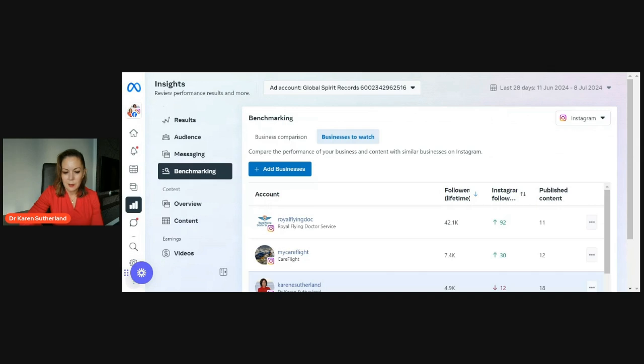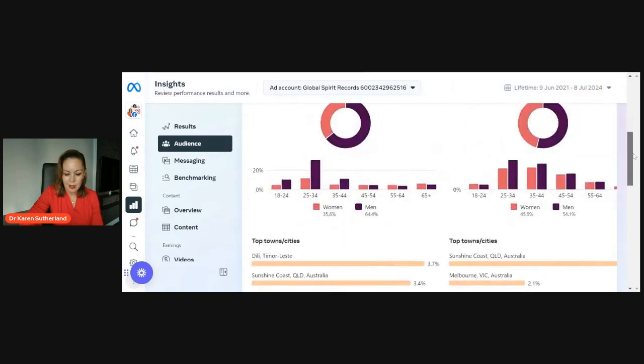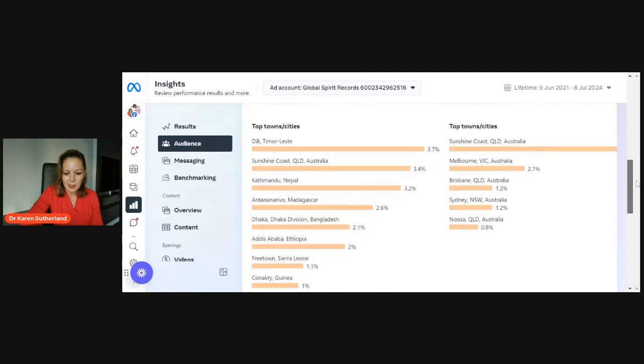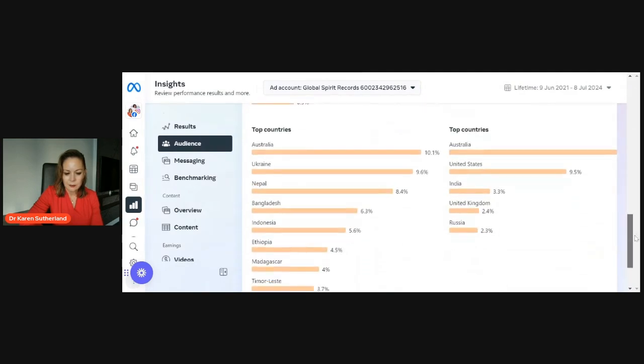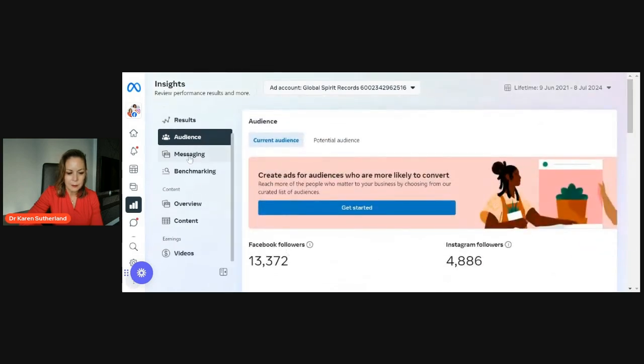Which is really helpful. And it can also show you more about your audience. If we go back up to audience, it shows you what your numbers are, the gender split, where they are, and top countries, etc., which is helpful.